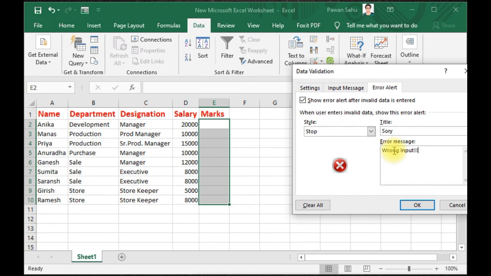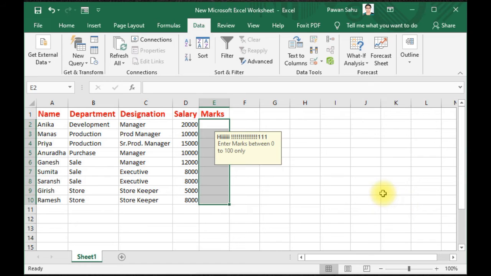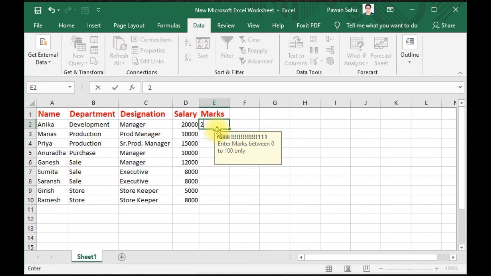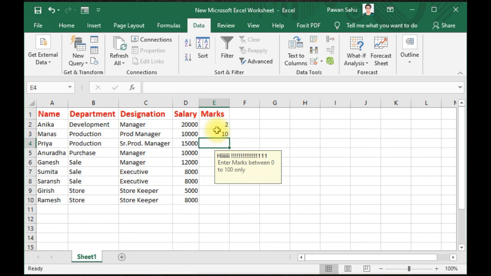Let me correct it. Okay, now click on the OK button. So we have done the validation for this column in this range. Now if you click on this, a message will appear, the input message: hi, enter marks between 0 to 100 only. So write 2, 10, 50, 99,